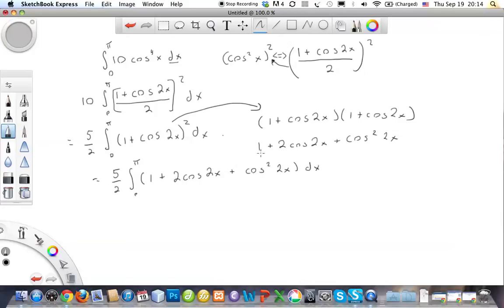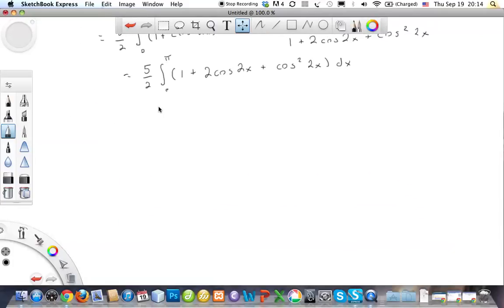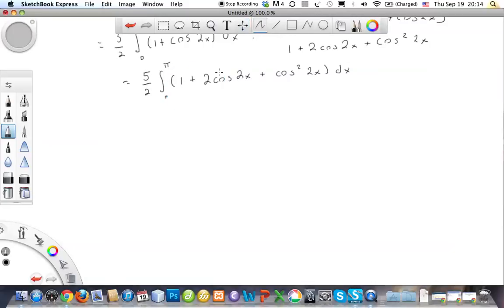Alright, now I'm going to rewrite this problem so that we can have it in terms of adding it all together, just a sum of a bunch of integrals. So I'm going to set it equal to 5 halves times all of the integrals from 0 to pi of 1 dx plus 2 times the integral of cosine 2x from 0 to pi dx,